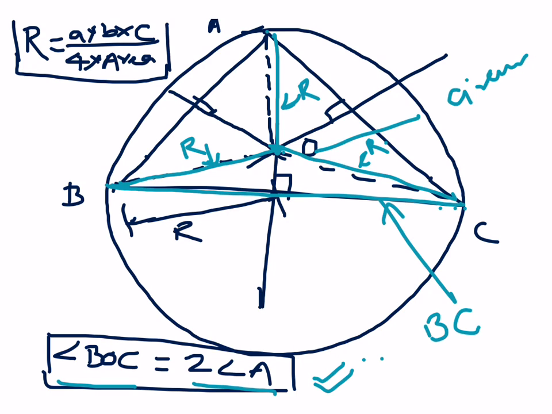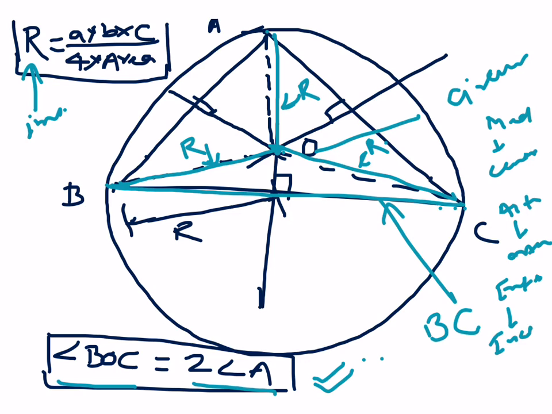Also, if you know the sides of the triangle and the area, you can find out the circumradius. Circumradius will be the product of sides A into B into C, divided by 4 into area. Very important formula this is. So all the points are now covered. Remember that median is related to centroid and Apollonius theorem. Altitude is related to orthocenter. Internal angle bisector is related to incenter. Perpendicular bisectors are related to circumcenter. Also remember the formulas I have discussed, they are very important.